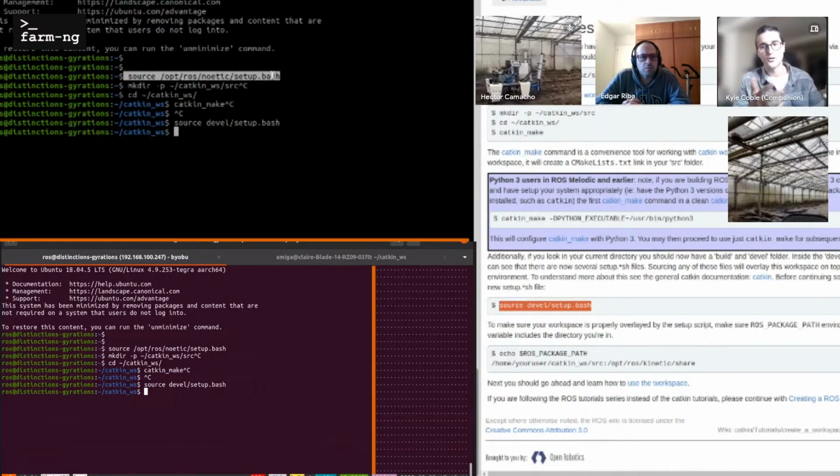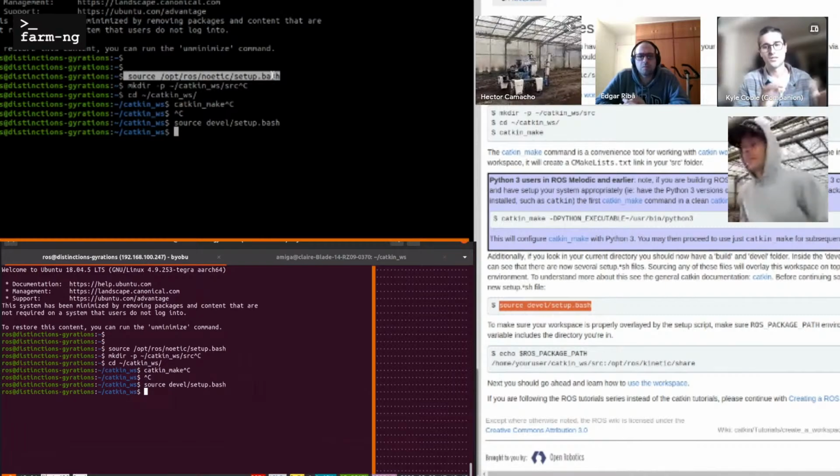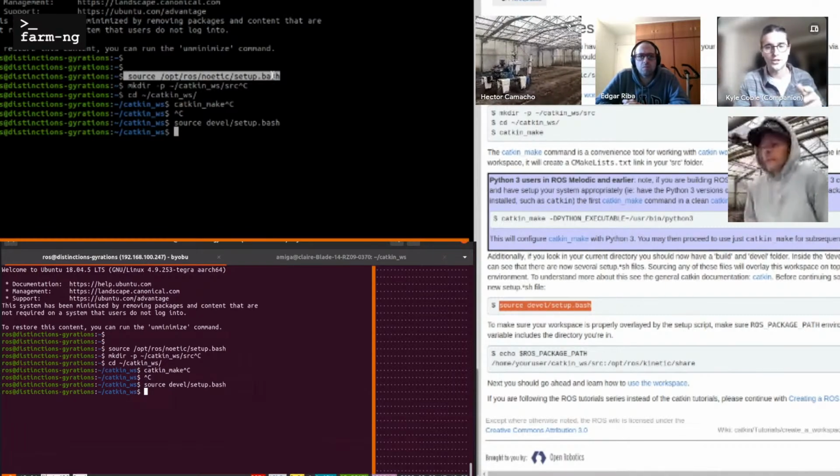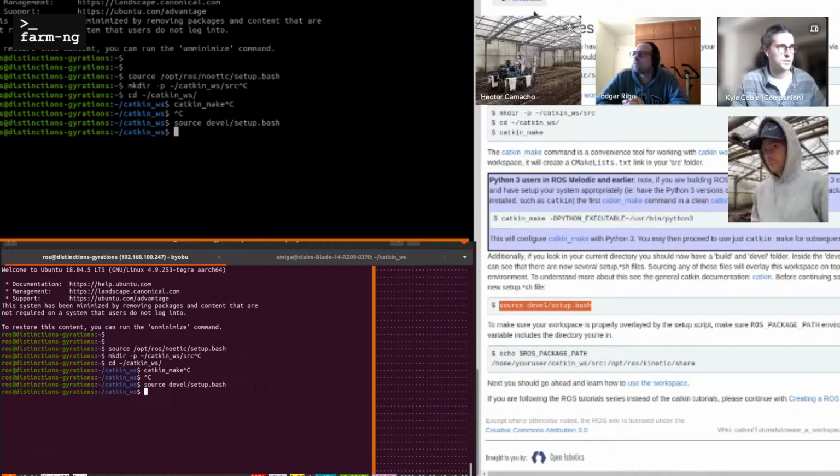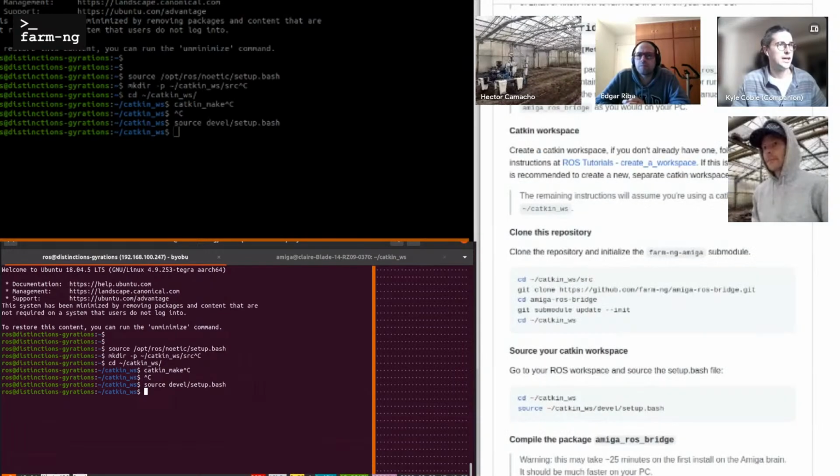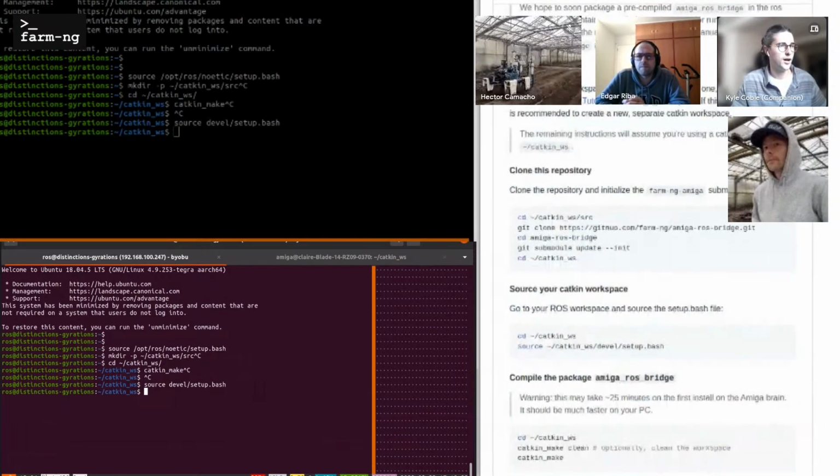You could then start a new Catkin workspace on top of that, which sources this Catkin workspace and has the ros-bridge and anything else you install, or you could just install those other things in the same Catkin workspace. So now we have this Catkin workspace, it's been built, and we can go on